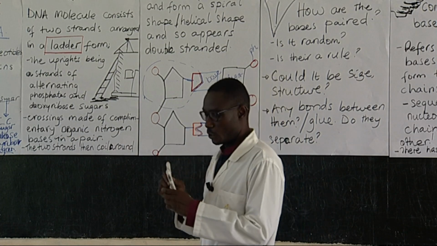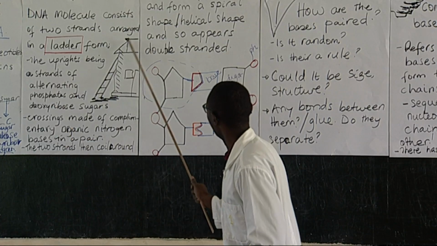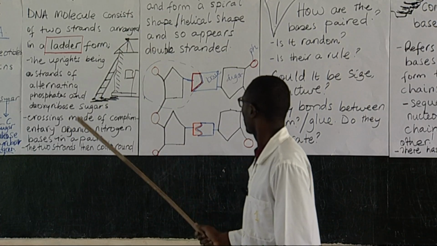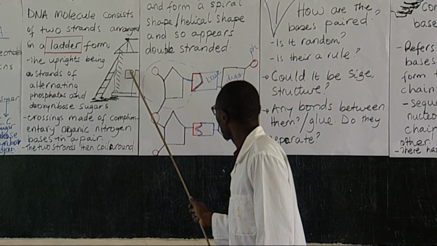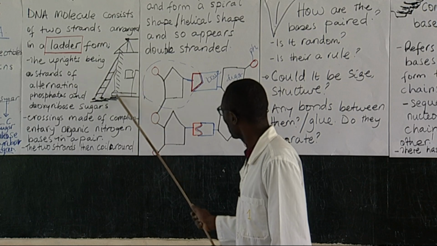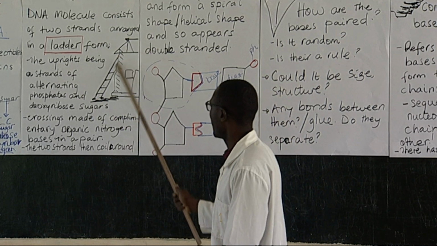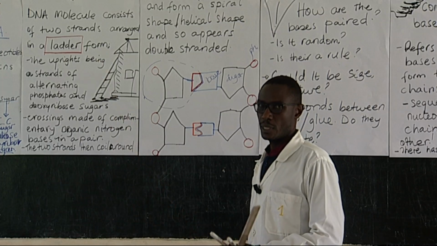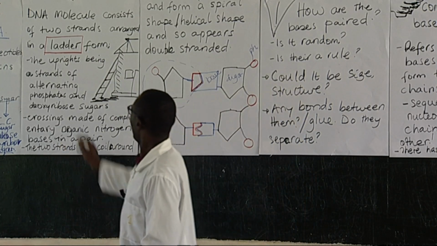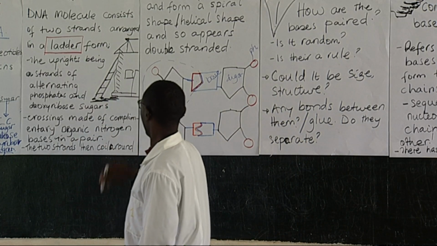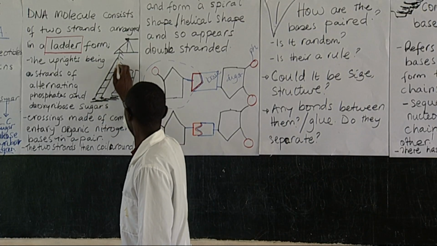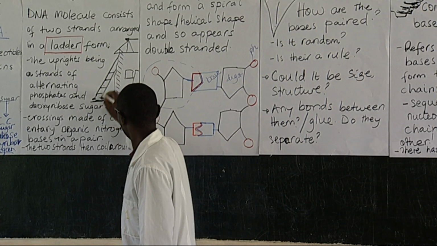If I go to my illustration here, I have a building. So this is a window, this is a door, so this is the wall. So if I'm to climb up here, then I need to use the ladder. That's one. So if I say that the DNA molecule we looked at last time is in form of a ladder, as you can see here,